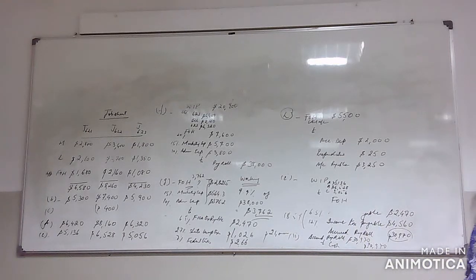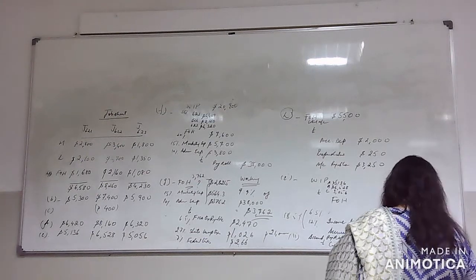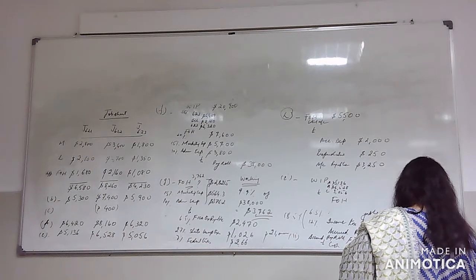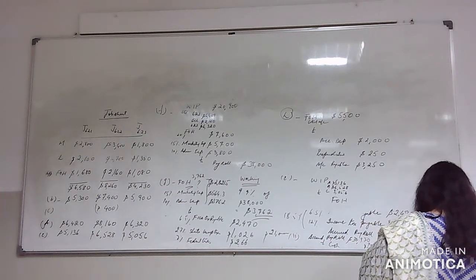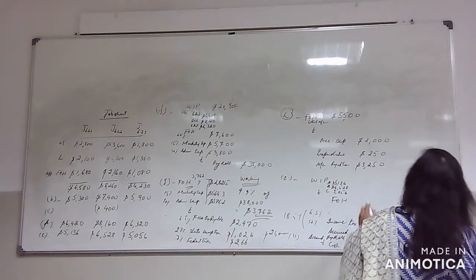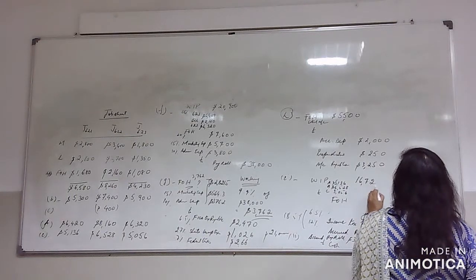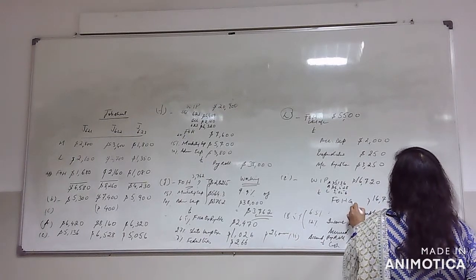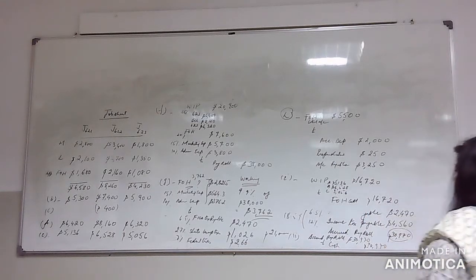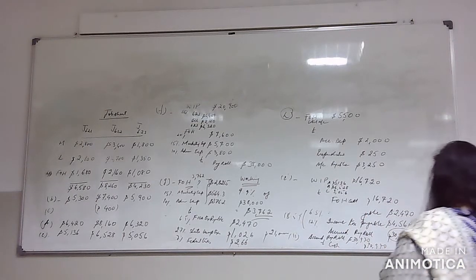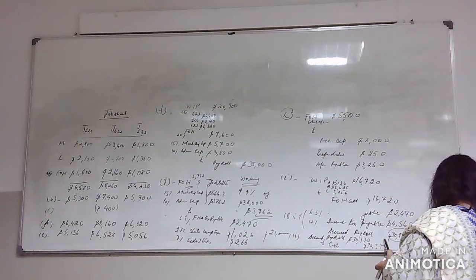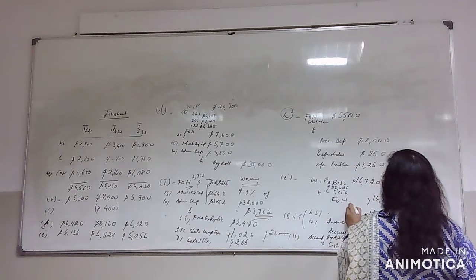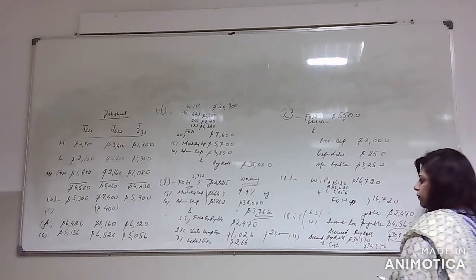Let me just add this up. So we have 5136 plus 6528 plus 5056, 16720. So this work in process is debited by 16720 because all this work is actually closed from FOH control to work in process. Notice it says applied. FOH applied in this case, because we don't have the actual figures for this.